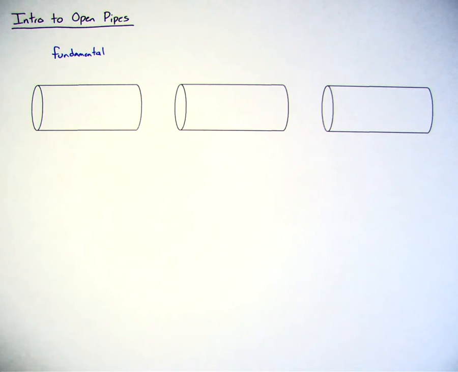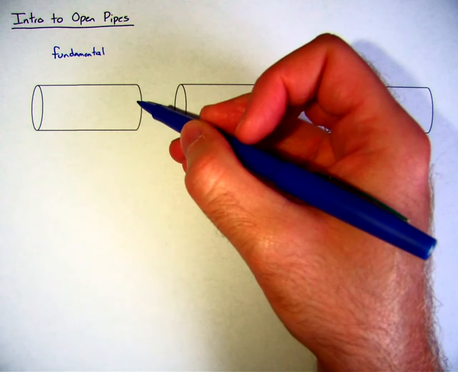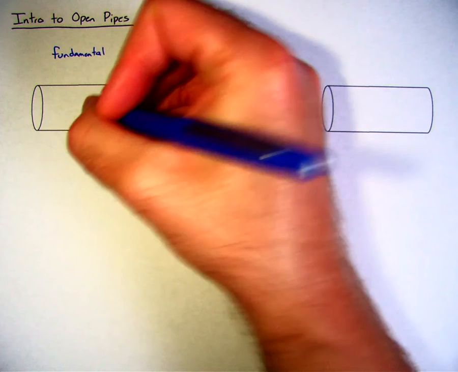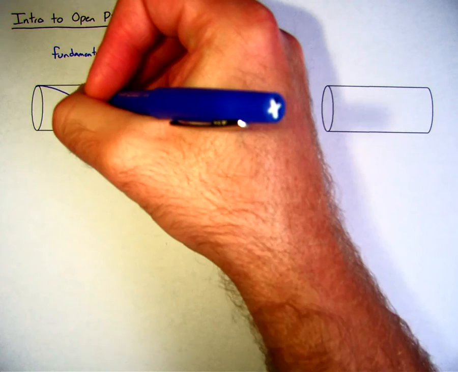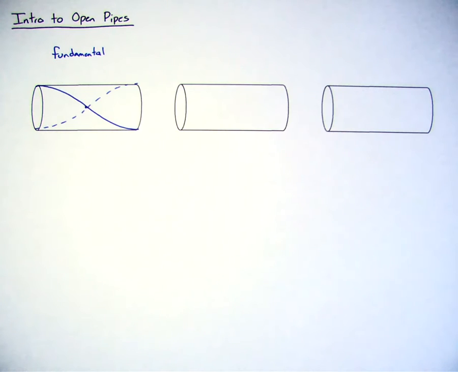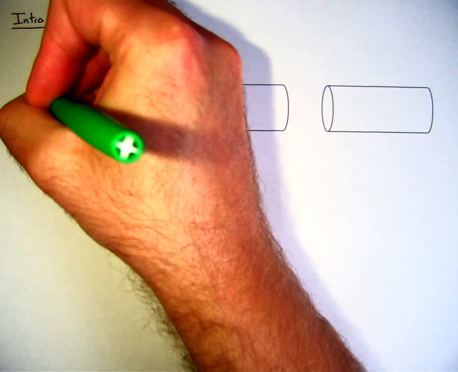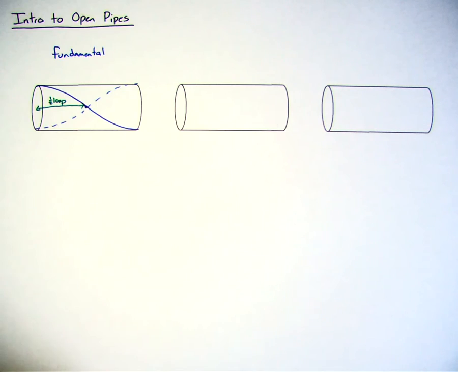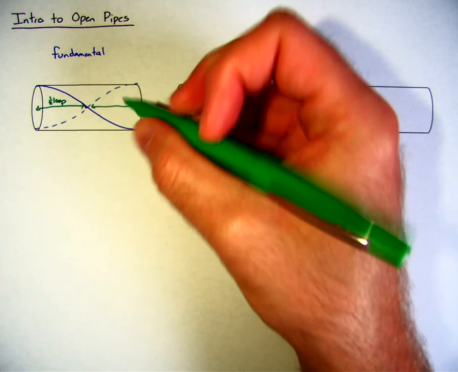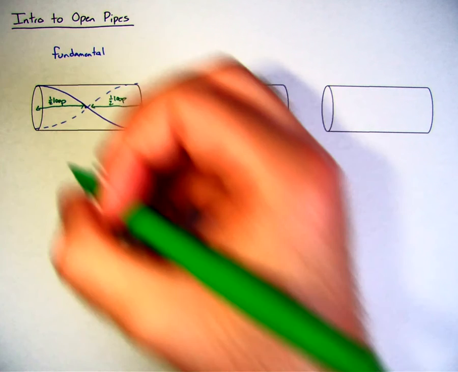so my fundamental frequency here, I would have to have an antinode at the left end and an antinode at the right end. And the only way I can do that is to actually have a node in the middle. And then just create that one single standing wave. Now, inside of here, what I'm going to end up having is a half loop on the left side, and I'm going to have a half loop on the right side. So it still adds up to be one